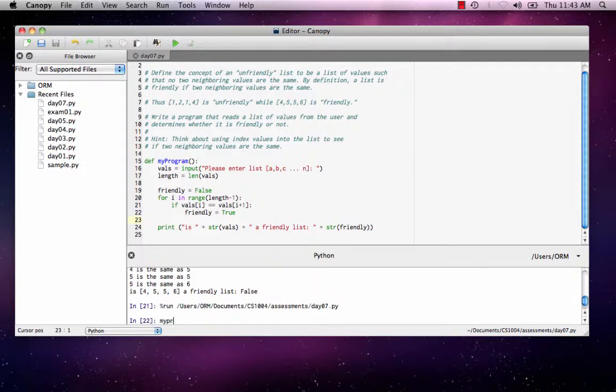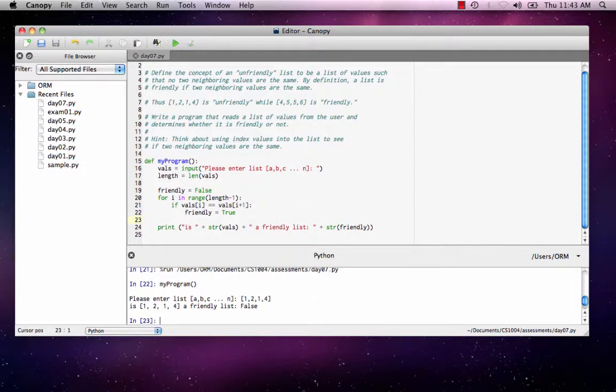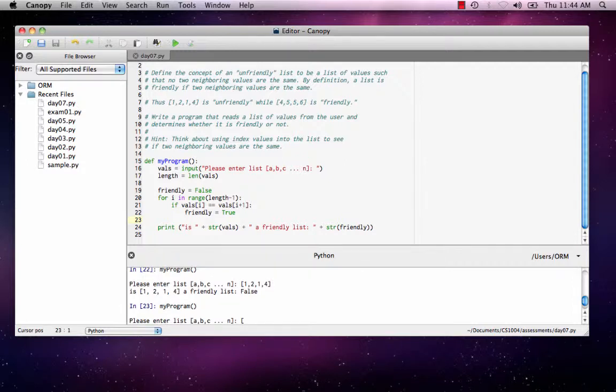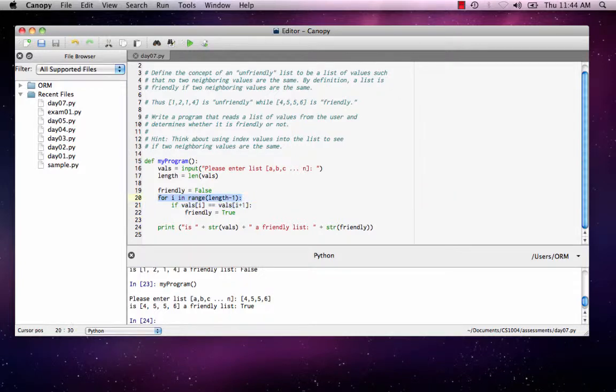Let's run. When I run my program on an unfriendly list, it will say, is it a friendly list? False. When I run it on a friendly list, it will find that it's true. And the trick is to recognize that I need to do a for loop for every element in the list but 1, because I'm going to check that element against the one to its right. That is done by this if statement. If vals of I is equal to vals of I plus 1, the next one in the list, I set